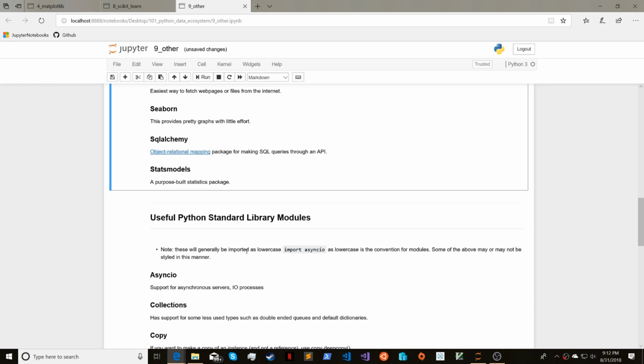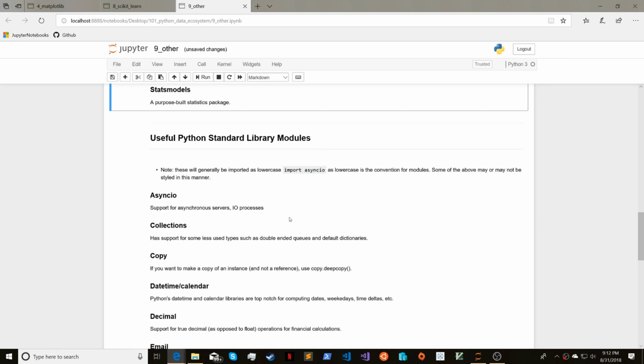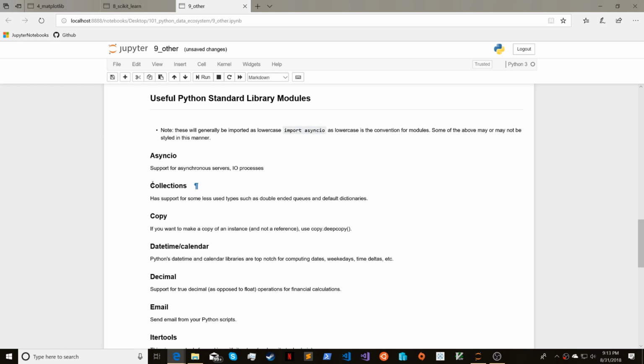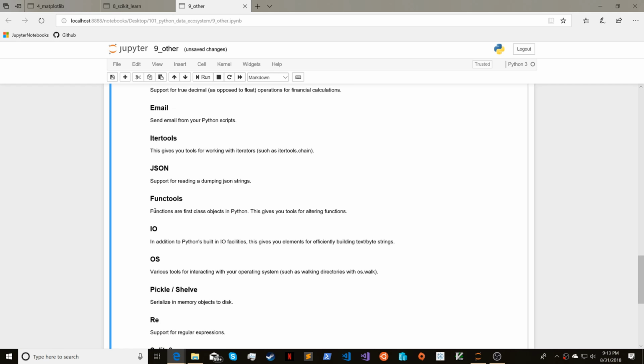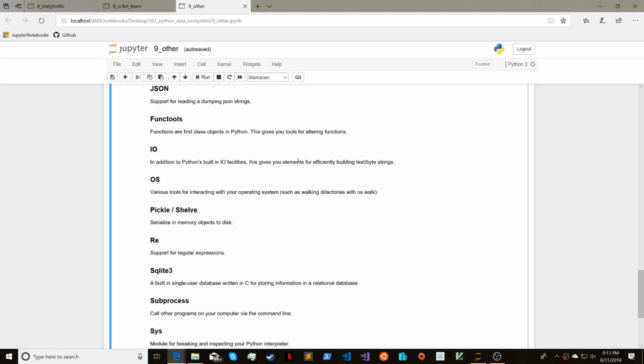Other Python standard library modules that you may want to use: asyncio for asynchronous processes, collections for weird collections, copy for deep copy, datetime, there's good datetime support, decimal, if you need true decimal arithmetic, not floating point arithmetic, you can look at decimal, email for sending emails, itertools for chaining stuff and other iterable stuff, json for dumping JSON strings, functools for functions, io for IO, like building text or byte strings, os for interfacing with your operating system, pickle and shelve for serializing things,